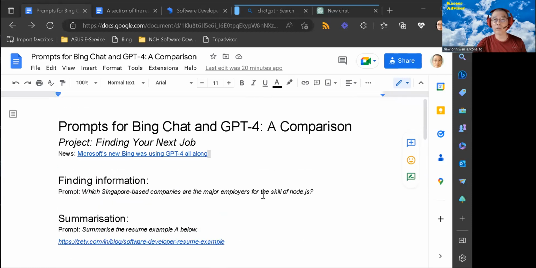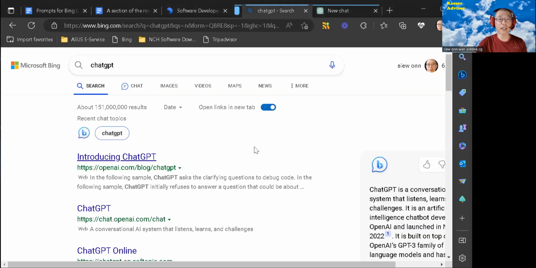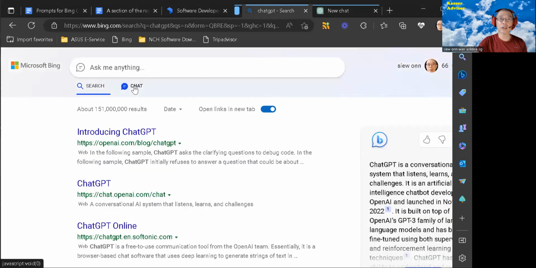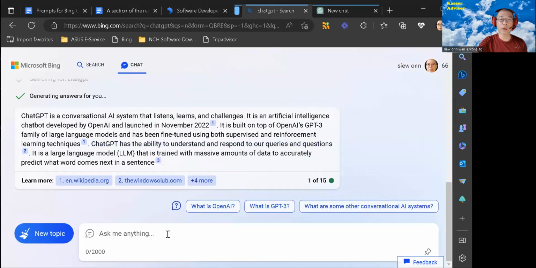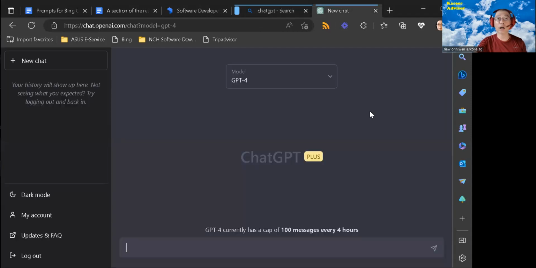Before I submit the prompt to both, let's review a bit of the UI of Bing. As usual, the first tab is search, and the second tab is chat. And here is the place where we can submit the prompt. And this is the UI of ChatGPT, and the model I have selected is